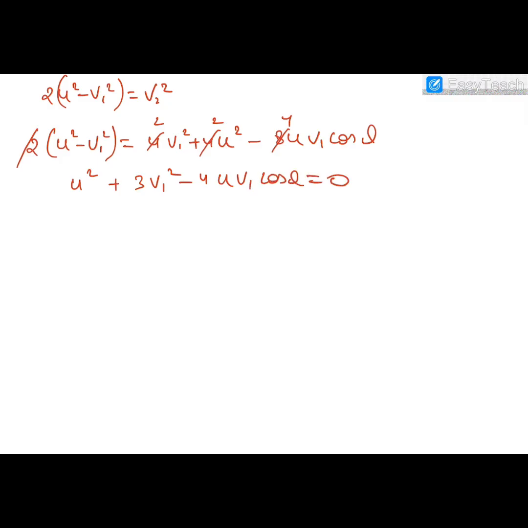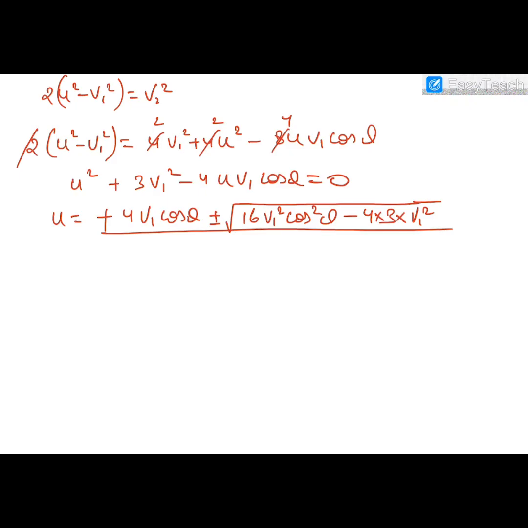So the value of u will be plus 4v1 cos theta plus minus under root b square, which is 16v1 square cos square theta, minus 4ac, which is 4 into 3 into v1 square,